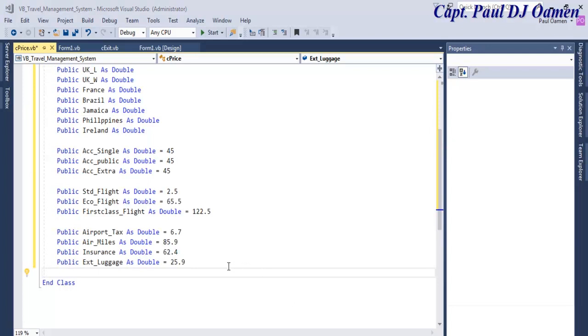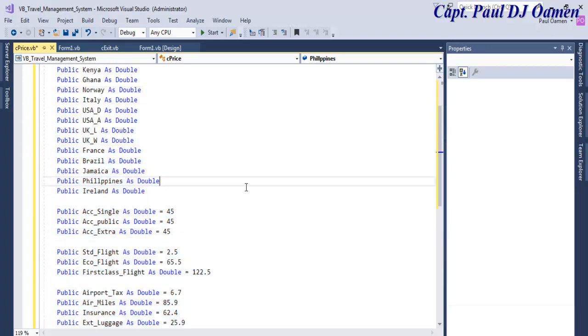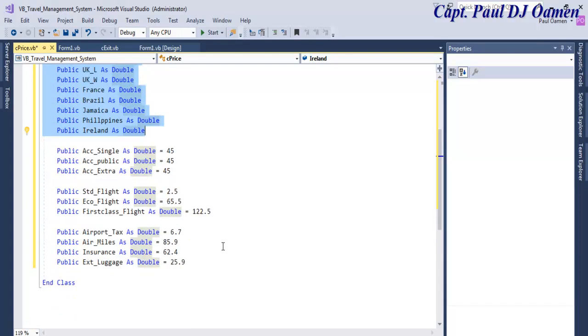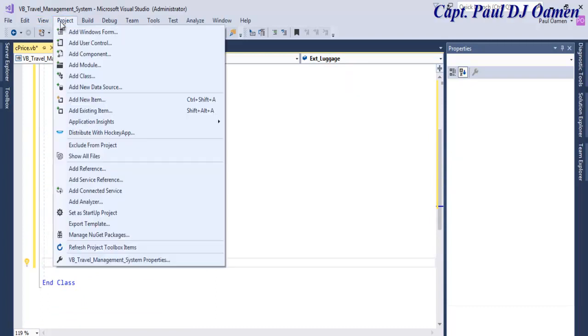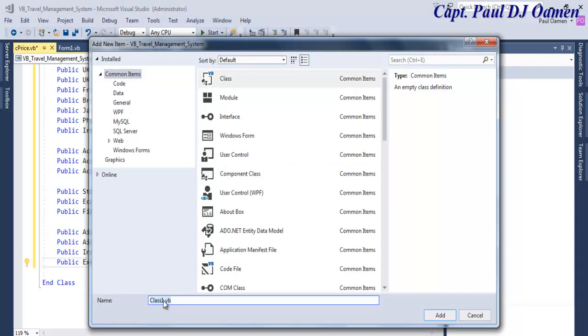There we go, guys. All my price variables are in place, or you can call them fields if you want. All my price fields are in place. Okay, these are for all the countries, and here I have all of the traveling extras. Now let's create another one. Let's come in here. I'm going to call this one this time around, let's just call it